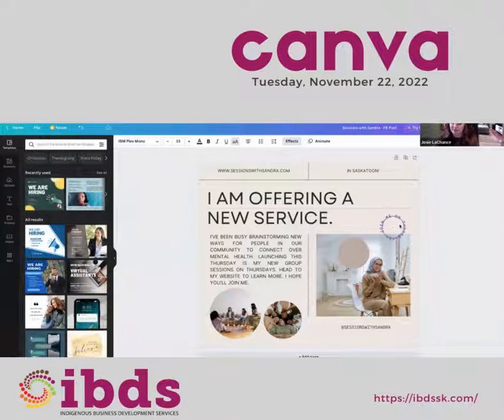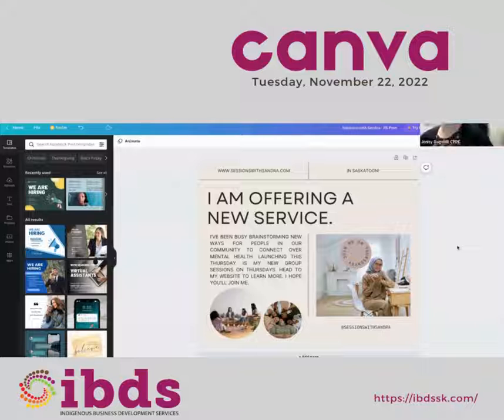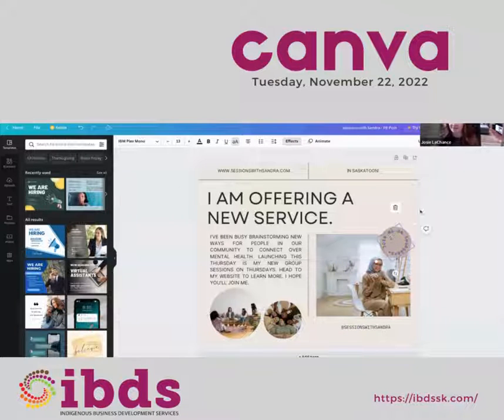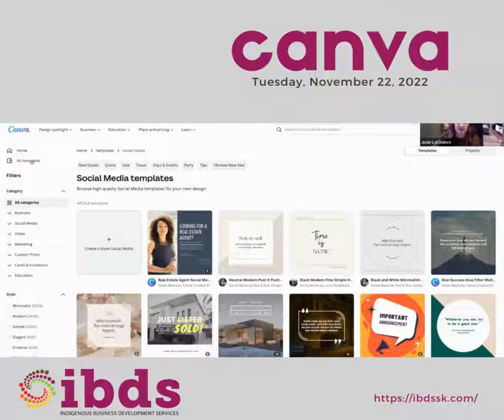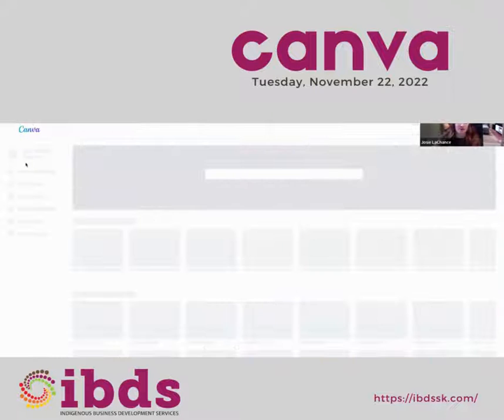It's so much easier to just click both of them and hit group, and then now it moves as one. So that's a really nice feature. I use that feature a lot, especially if I'm doing something that has a lot of text. Let me see if I have something that I've worked on recently.